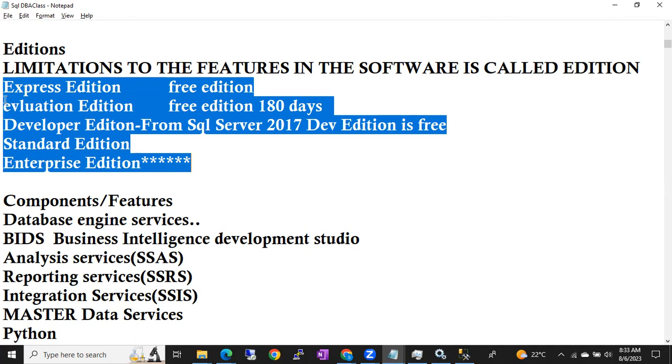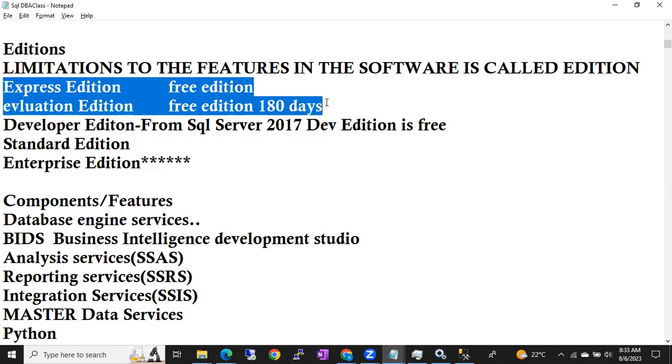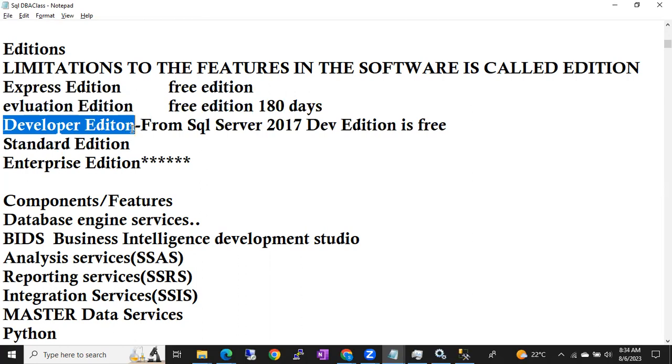Earlier, we used to use different versions. Up to SQL Server 2016, you have to pay money for developer edition also. But from 2017 onwards, developer edition becomes free. Okay, developer edition is free. All features will work like enterprise edition only, but as it is free,